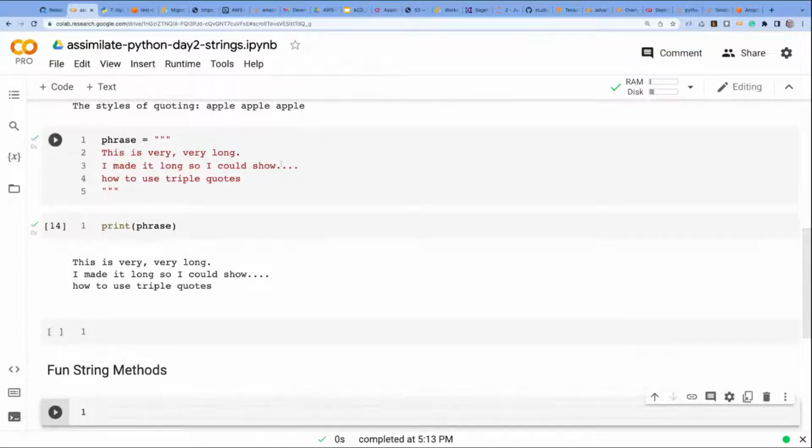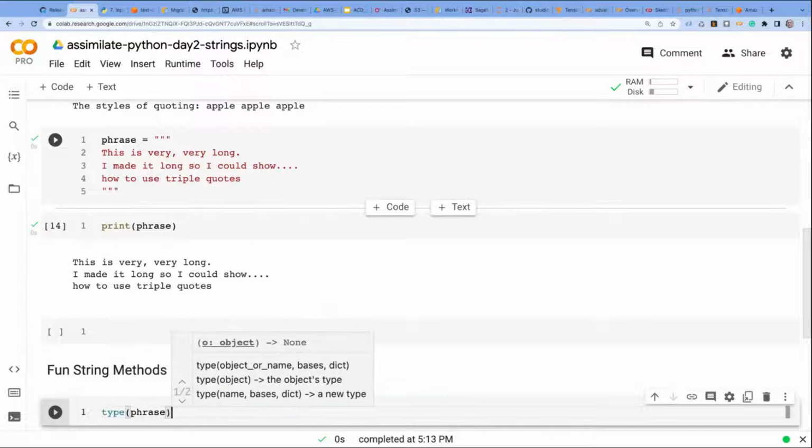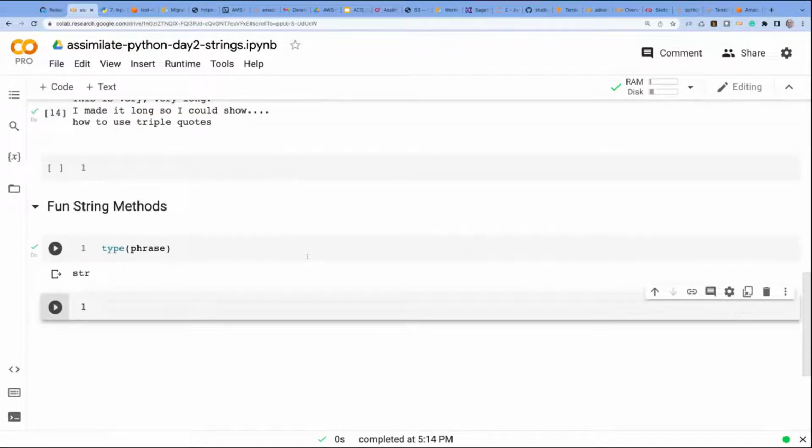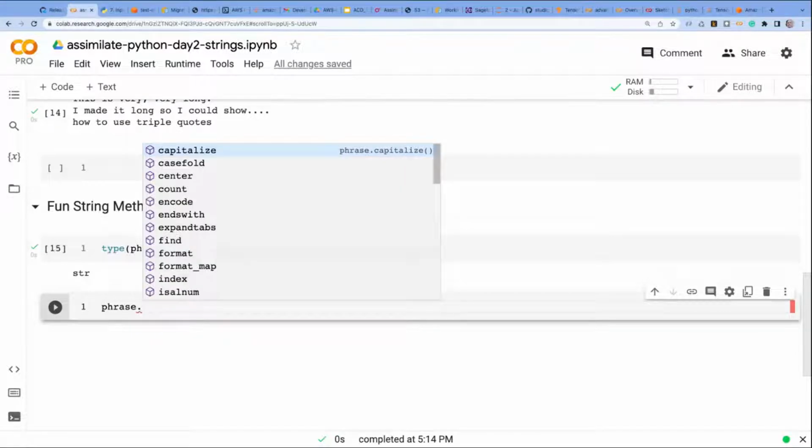And what we can do, an easy way to do it, is to look at a string. You can tell if something's a string by checking its type. A string by itself will come with methods. You can type dot in an environment that does code completion, and it will show you things. So if we say capitalize,